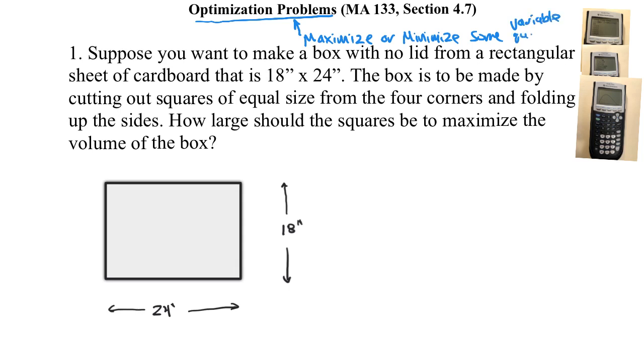So this is a challenging section. A lot of it, once we come up with our mathematical model, is a lot like 4.1 and 4.3. But the tricky part is coming up with our model, where in 4.1 and 4.3 they would give us a function and they may give us an interval and they ask us to find the absolute maximum or absolute minimum value on that interval of the function. Well, this time we have to come up with our function and think about our intervals, and that's the tricky